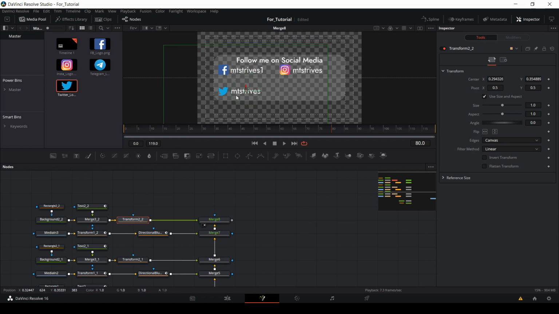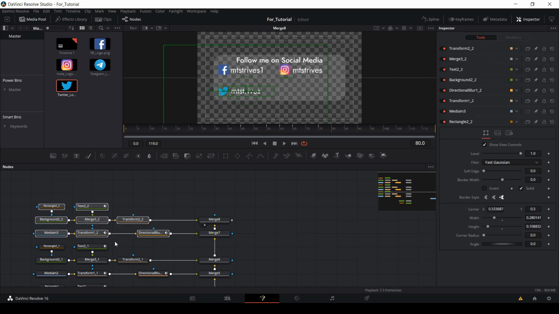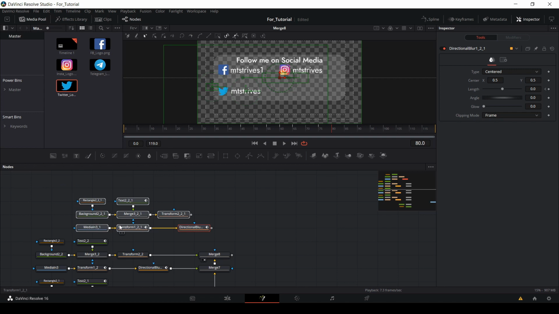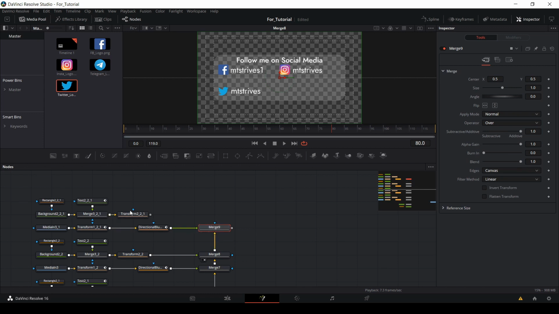So you can see now it is okay. And make sure again the rectangle is not above the logo. This is okay now. Even you can copy the above thing. These nodes we have created already, so we can copy this and paste it above and bring this directional blur output to merge 8 output and transform 2 for new text output to merge 9 output